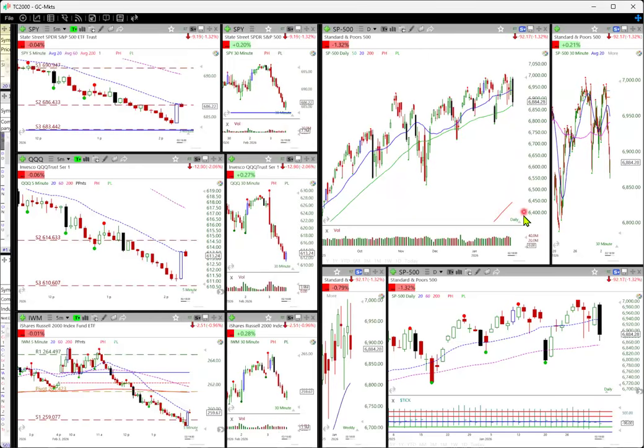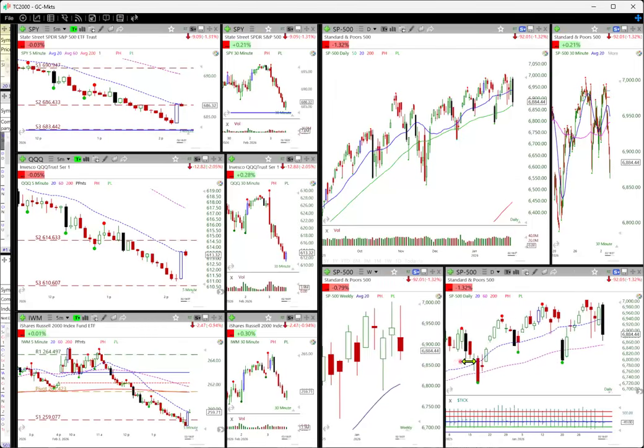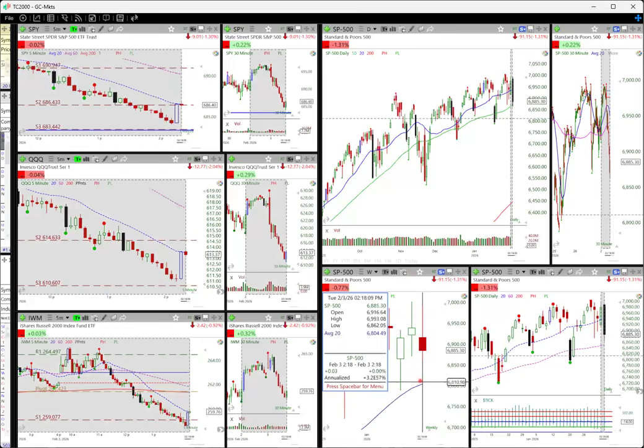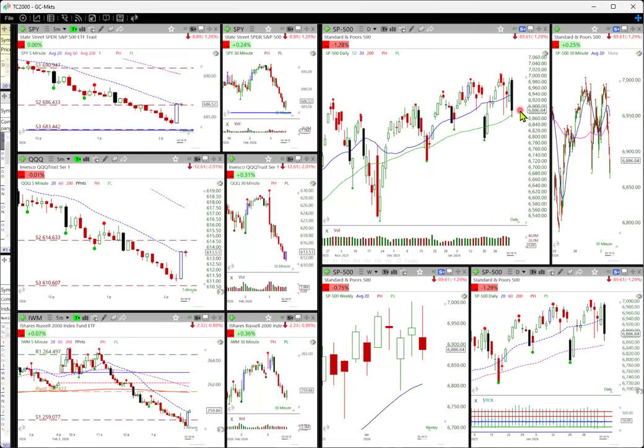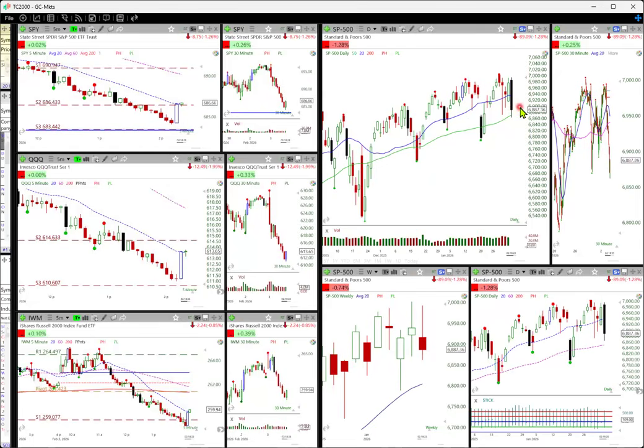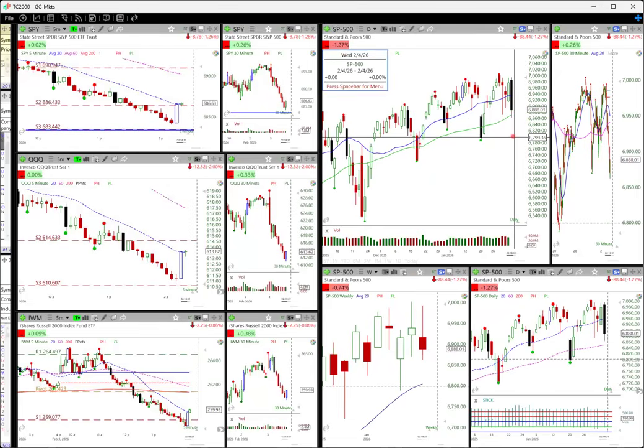That's a measure of being extended so far from the 200 MA. And the weekly, this is a weekly chart. You got the 100 all the way over here. So I think ultimately, even if we get some stabilization today, unlikely doesn't mean impossible, that this could turn into a bottoming tail bar, but I think unlikely. But if it hangs here for a day, we get sort of a 1, 2, 3. All right, the next stop could be the